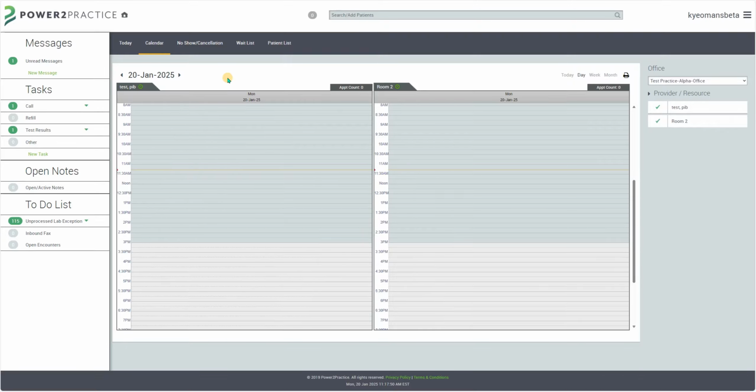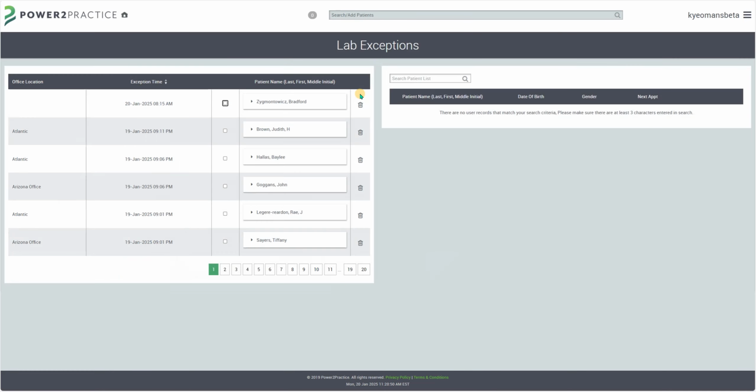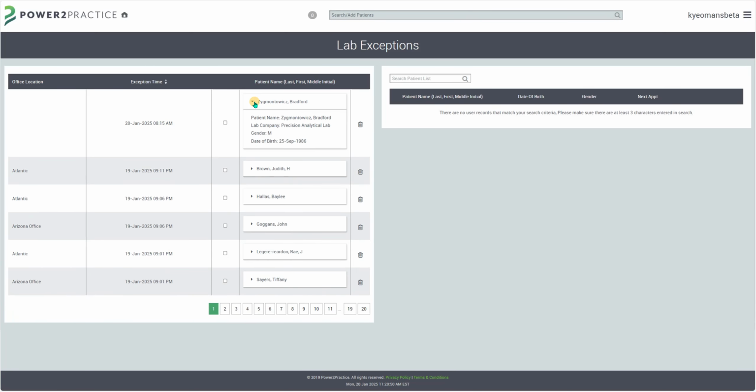On the home page, navigate down to the to-do list and click on Unprocessed Lab Exception positioned here. Let's review this example of when an unprocessed lab exception does not match with a patient's chart in P2P. Click on the drop-down arrow next to the patient's name to view the patient's information. Search for the patient using the search feature on the right-hand side of the screen. Use the patient's name, date of birth, and gender to determine whether or not the lab result belongs to a